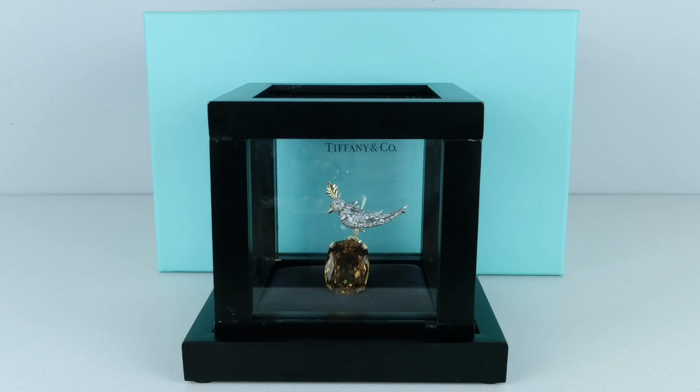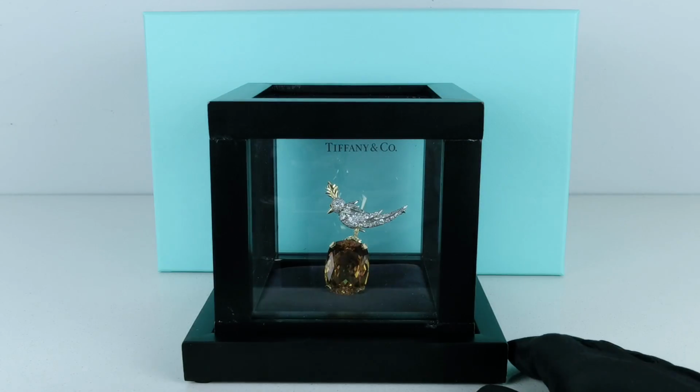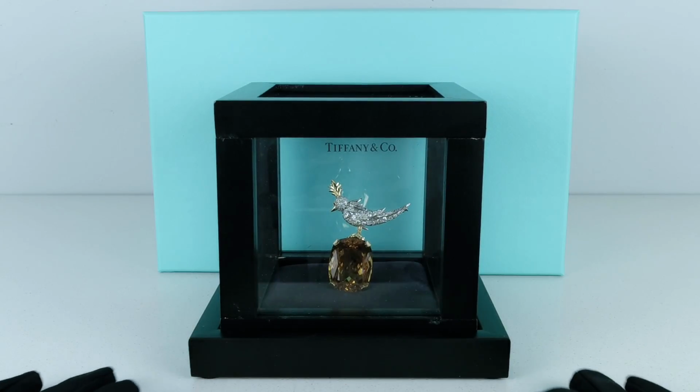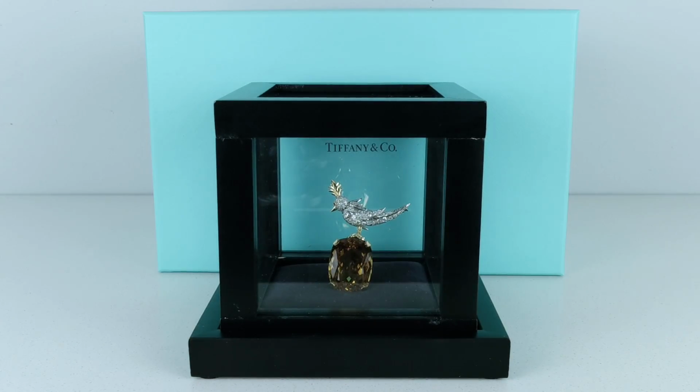The item in the box is the bird on the rock that I have unboxed. But this time what's different is the actual box that goes over it. This is a custom display case that was handmade by Tiffany, especially for this piece. What I was told was this is the first time they did something specifically like this for this piece,